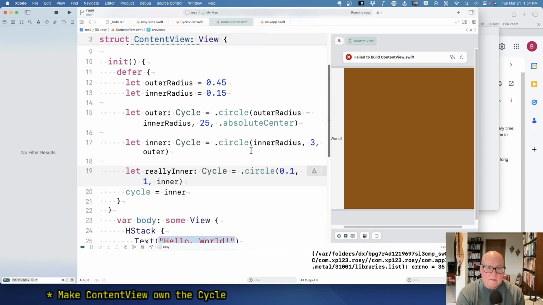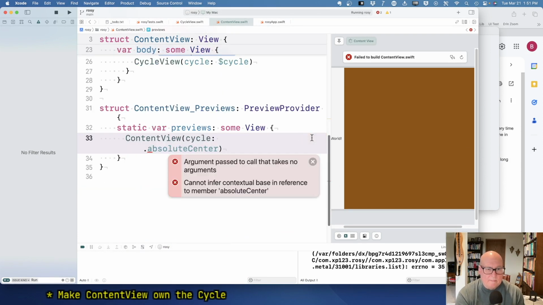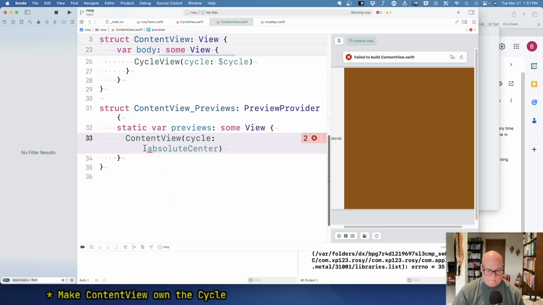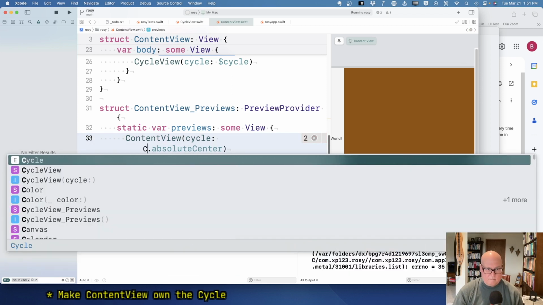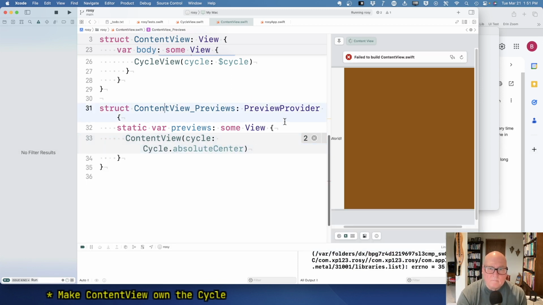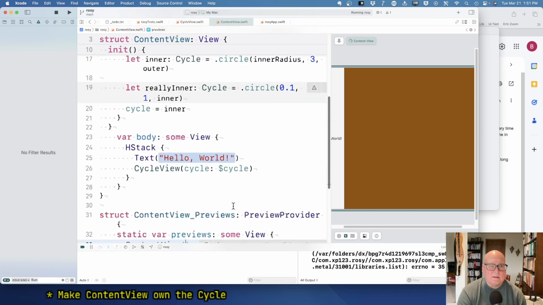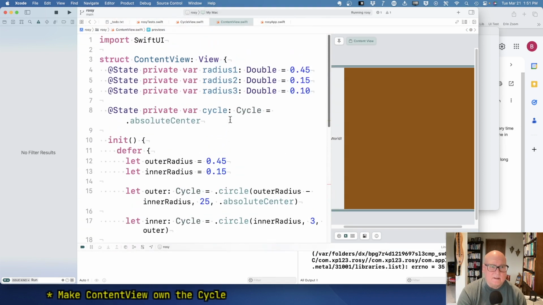No. Pass call takes no arguments. Okay, it's just really a simple init. It's a little tricky to get the first time right here, but I think what I'm going to do is